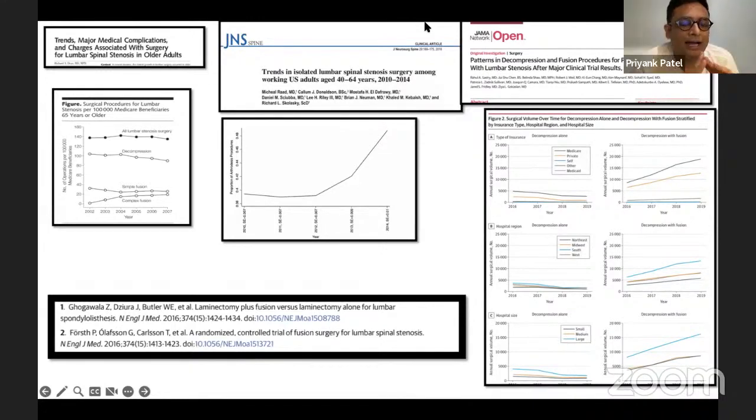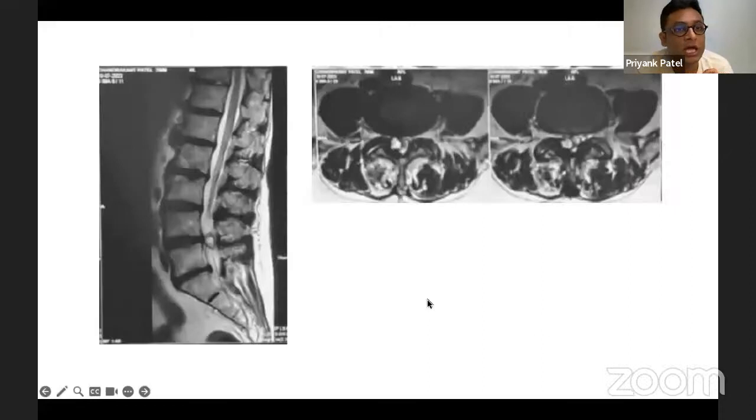No, so I'm very clear about the fact that the decision about fusion majorly depends upon the history and the clinical presentation rather than the radiology. Sagittal balance practically comes into picture only when we are talking about surgery for a degenerative scoliosis. But in a plain lumbar degen where we are doing short segment fusions, I personally don't look a lot towards sagittal balance. It's more important when you're correcting deformities in the spine.